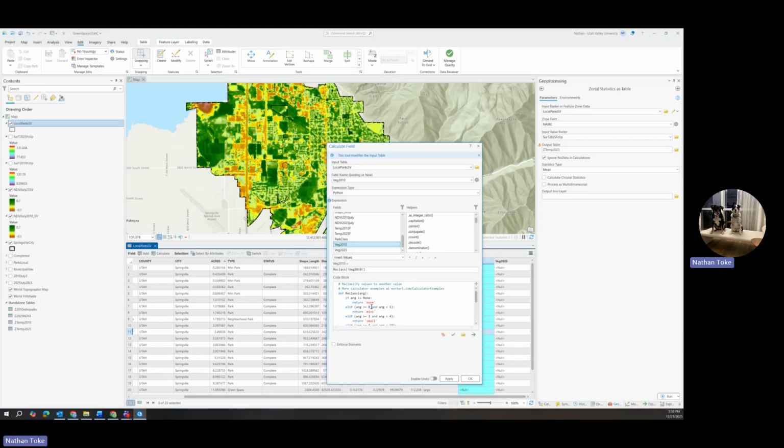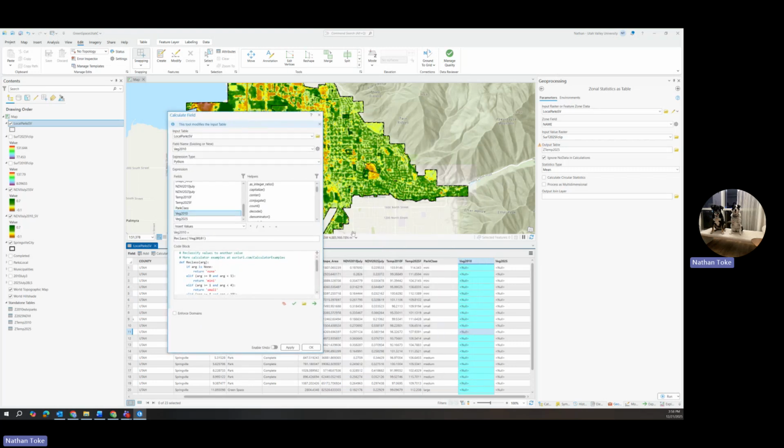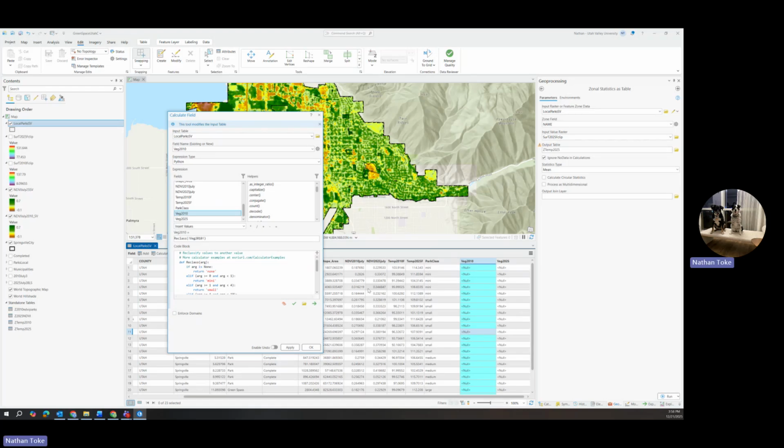So if it's between, now we're going to have negative values potentially, although I'm not sure about that. So let's look, no, there's no negative NDVI values in the parks. That makes sense. So if it's between 0 and what? Everything's going to be 0 and 1. So we need to lower this. So 0.2,